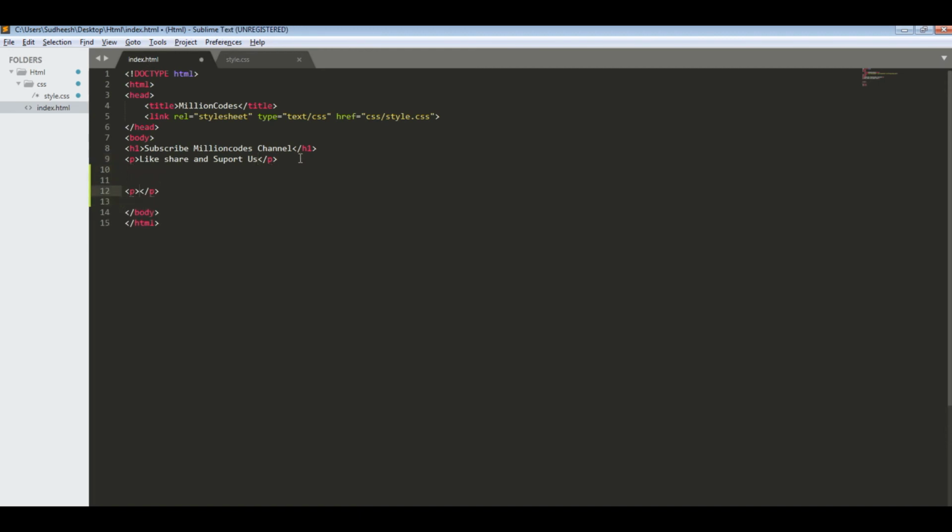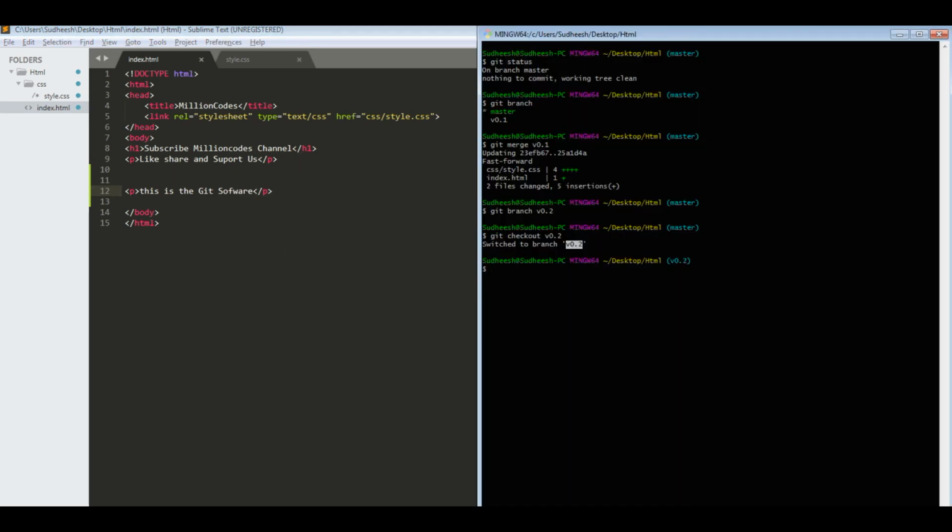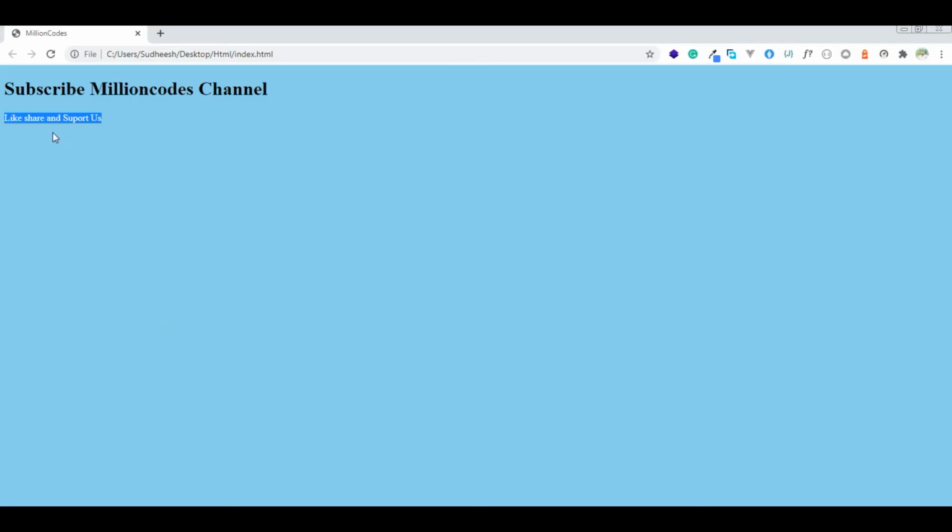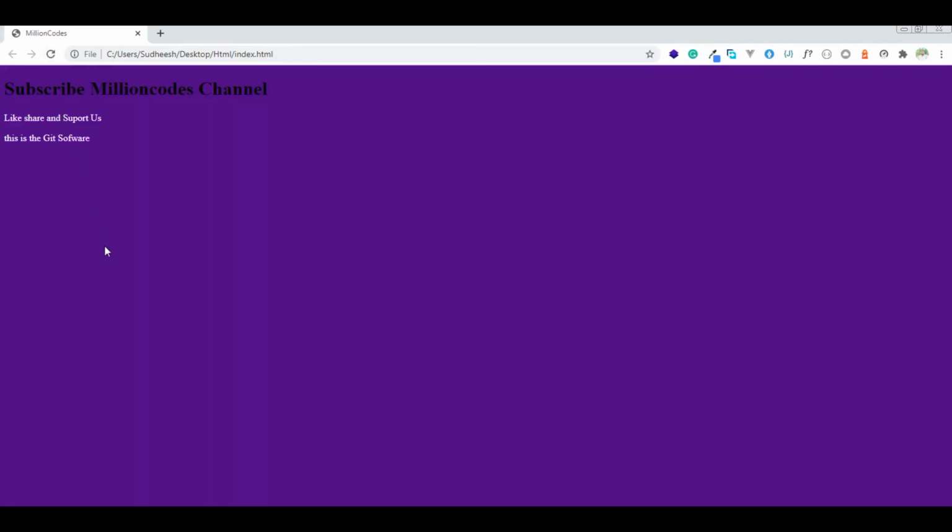This is the git software. Okay, so let's see what I have changed here. The color is changed to indigo, and I have changed the color of the paragraph to white, and I have created another paragraph here.